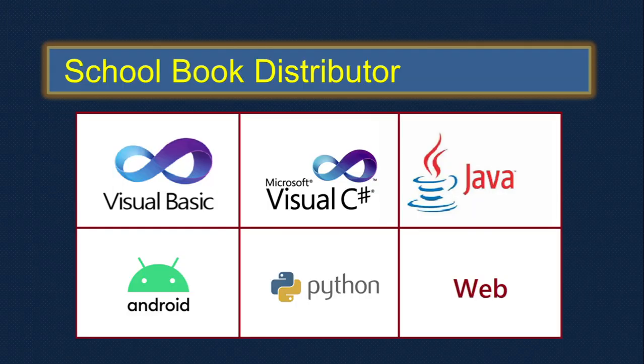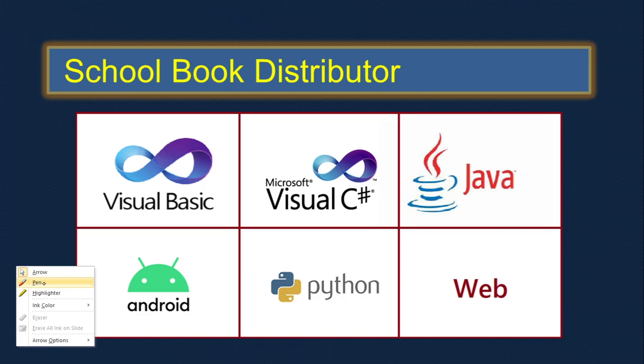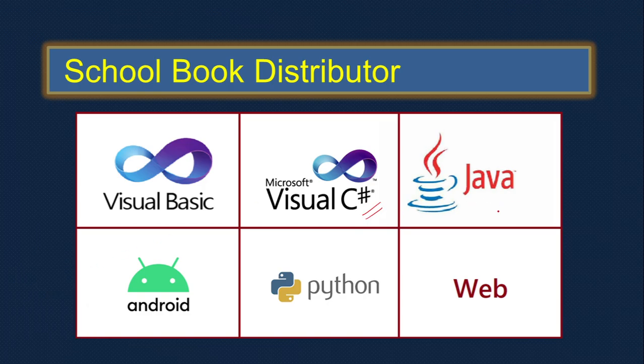So this project can be built using Visual Basic. Not only Visual Basic, you can also write it in C Sharp, Java, Android, or Python. You can also make it as a web application. So all are possible, because there are two important things when you're making a project: the domain knowledge and the software knowledge. The domain here is school books. So we need to understand how this business runs. Once we know this business, that is the domain. And the software is the skills you require in order to write the program. So you can choose any language and write this particular project.